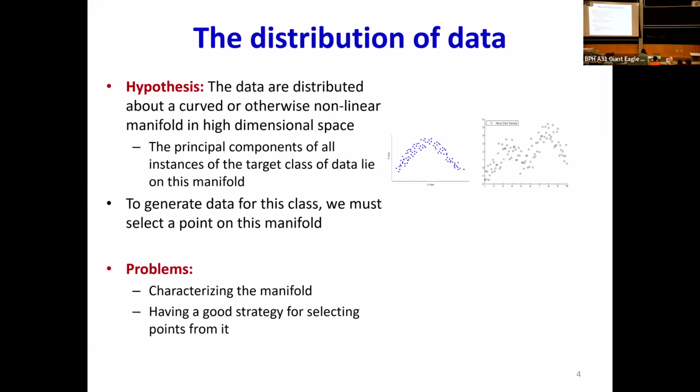By the time you get to something sufficiently structured, what you will find is that all the data of this particular category lie in a very small region of the overall space. Typically, the volume of the space that they lie in is going to be so small that it's close to zero, right? And so the idea here is that there is some underlying manifold, some curved surface, which represents the structure for this data, and all data from that class lie on or close to that surface. Anytime you want to draw something that belongs to that class, you're going to have to pick something from that surface. But then how do you characterize this surface? How do you characterize this manifold? And how do you draw from it?